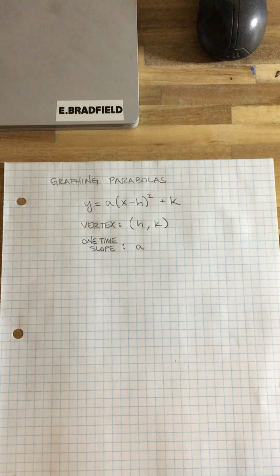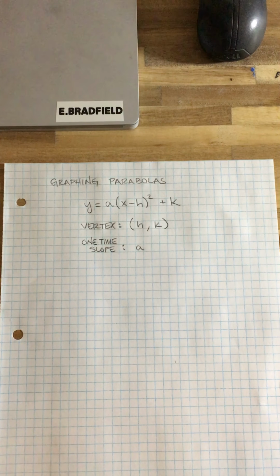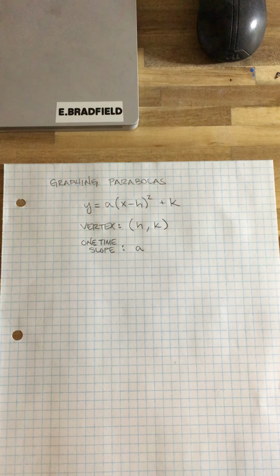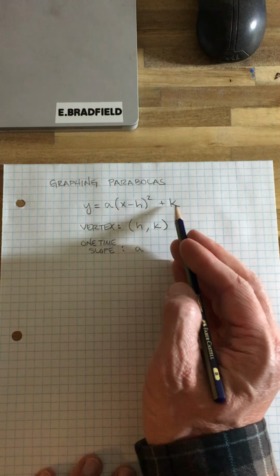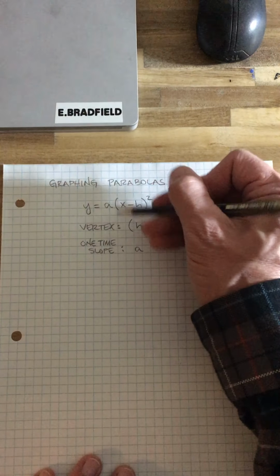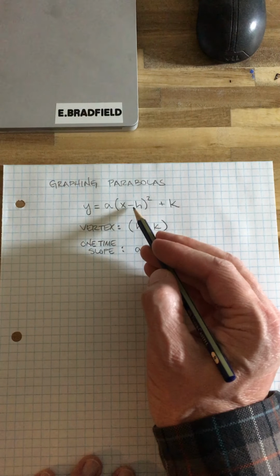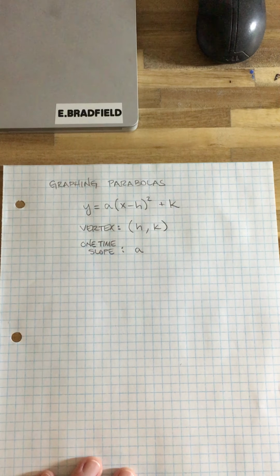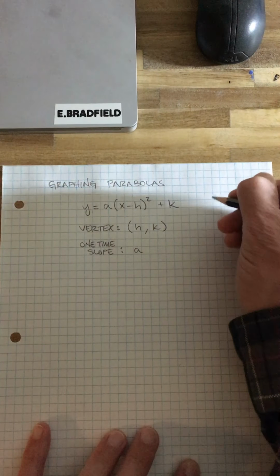Now, graphing parabolas is going to be very, very similar to graphing absolute value, okay? Remember when we graphed an absolute value, we still had an A, we still had an H, and we still had a K, except that instead of these parentheses, we had those bars, right? And if you notice, this time we have parentheses around the x minus h instead of bars, and it's raised to the power of 2. It's squared, okay? So it looks a little different, but it's going to be almost identical to what you did with graphing absolute value. The only difference here is that the graph is